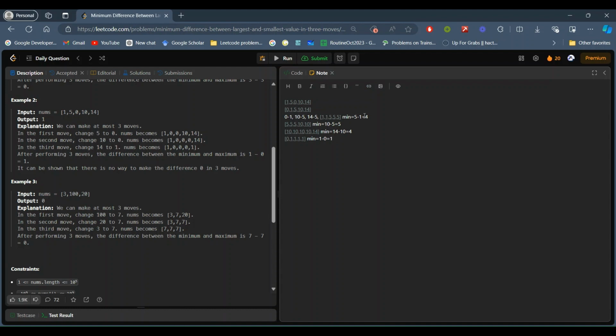So from here we check the minimum difference we can get from 4, then 5, then 4, then 1. So here the answer will be 1, because in this way only we are getting the minimum difference.